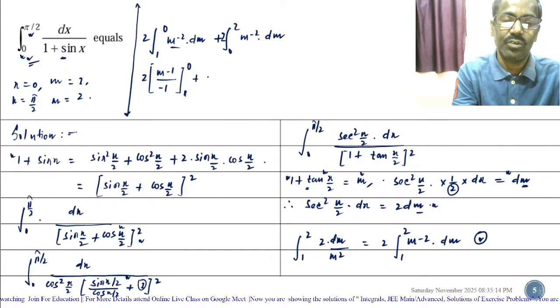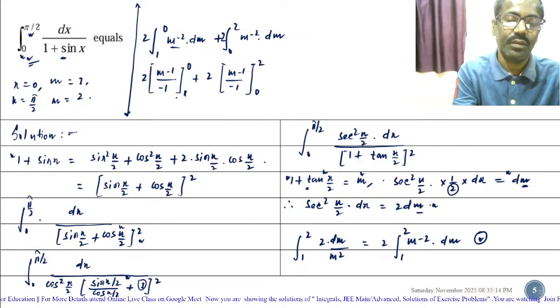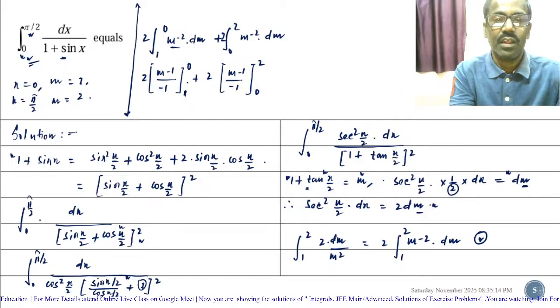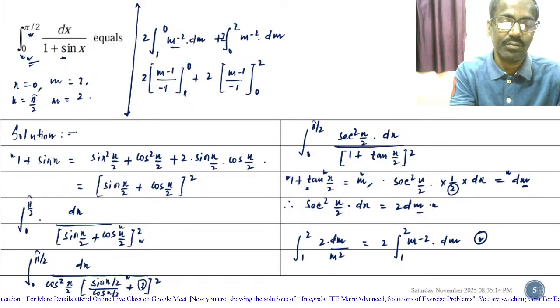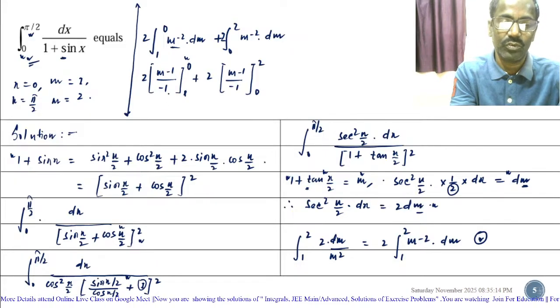Again we write 2 and m to the power minus 1 by minus 1, from 0 to 2. After putting the higher and lower limits, we get here this one will be 0 and this one will be 1. So we write m to the power minus 1 equal to,